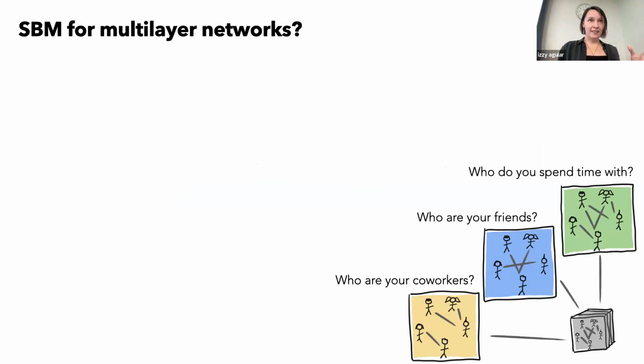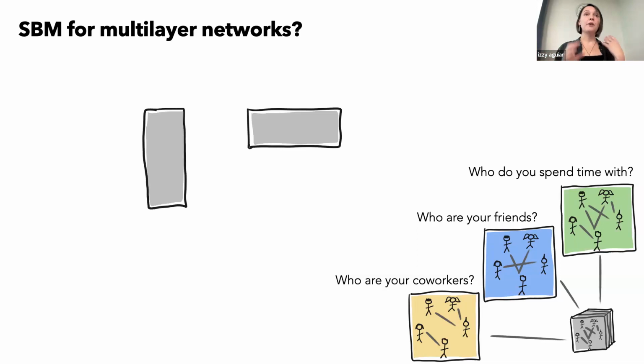So to build up what this means and how we can interpret this third factor matrix, we can go back to the multi-layer network that I introduced at the beginning. Who are your coworkers, who are your friends, and who do you spend time with? If we wanted to use what we know about a single layer stochastic block